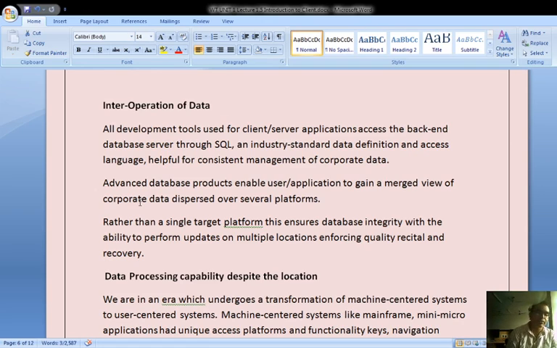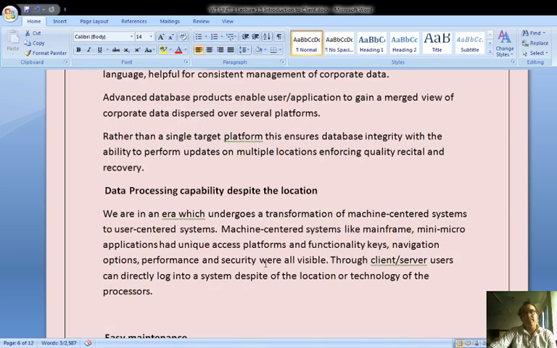With the help of this, we can enhance product efficiency, because corporate data is introduced at the various platforms of the database, and with the help of the software technology, we try to merge it and produce a single site view, a single screen view to the user.